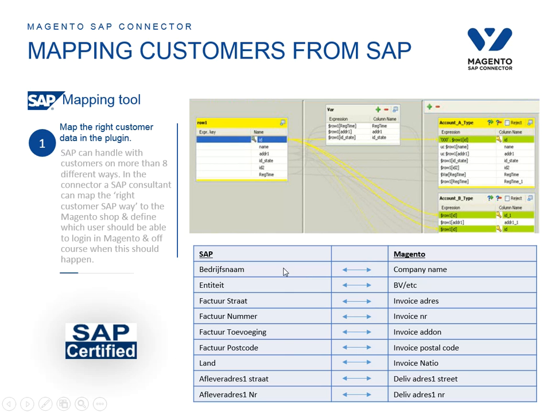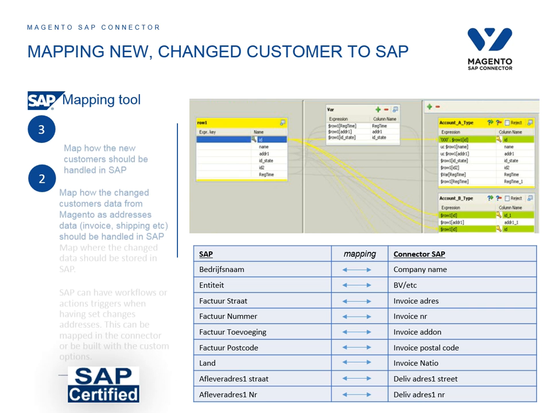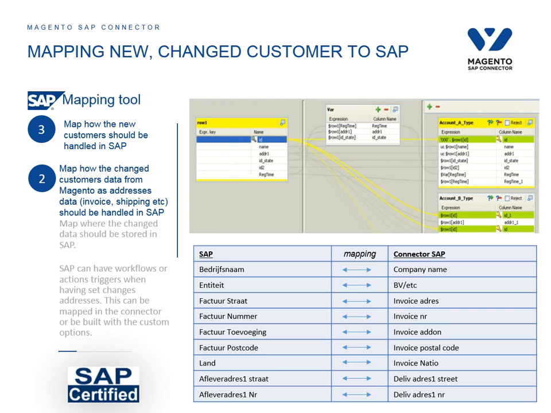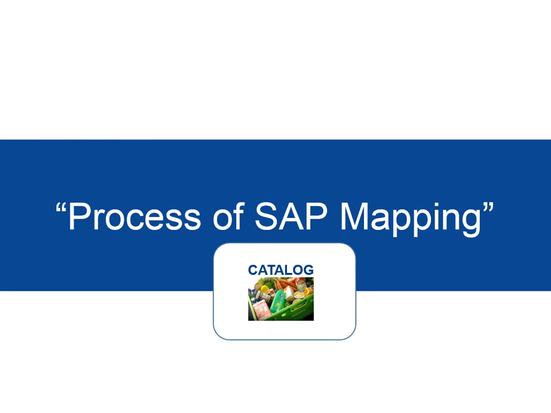This is how the mapping structure in the connector looks. It has a configurable screen here, and it's quite simple. The Magento SAP connector is delivering the entities, and you should connect it to the SAP side. Of course, you can customize the data or change the code. And it's the same way back when you receive the update data. Okay,